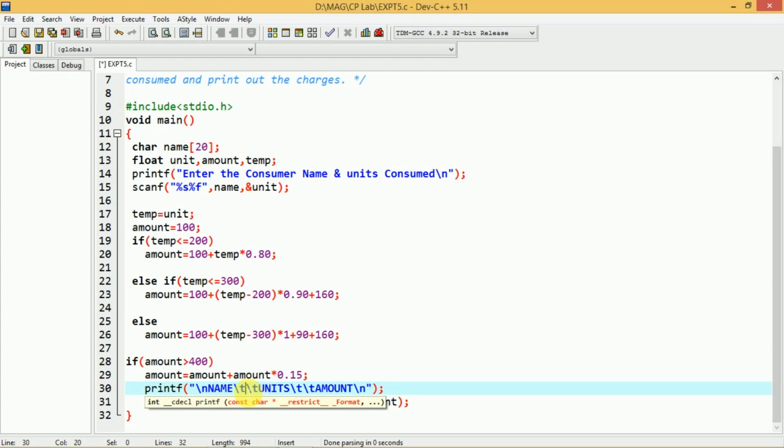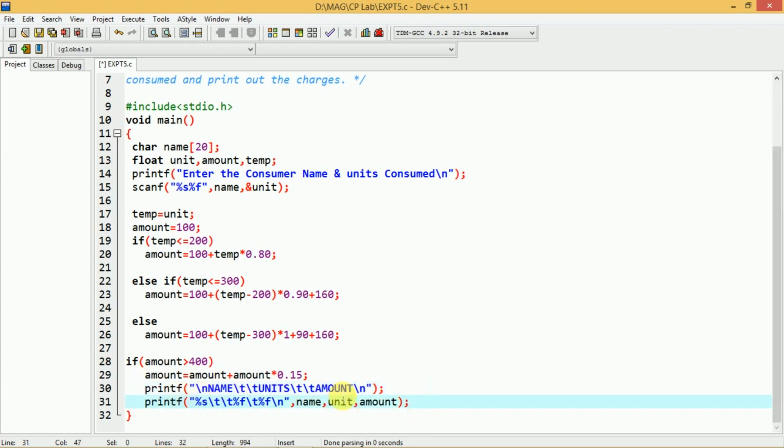So after displaying name, it leaves 6 blank spaces 2 times, then displays units as it is, again 6 blank spaces 2 times, and displays amount, and \n means the values are displayed on the next line. So this printf is just to display the heading as name, units and amount.